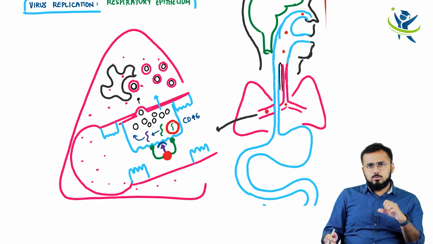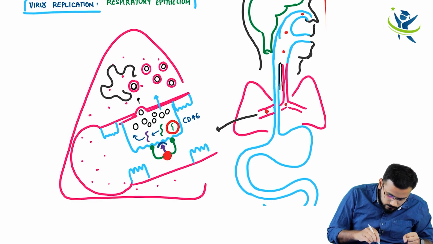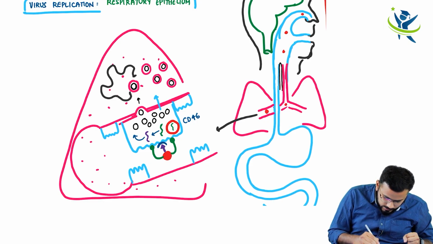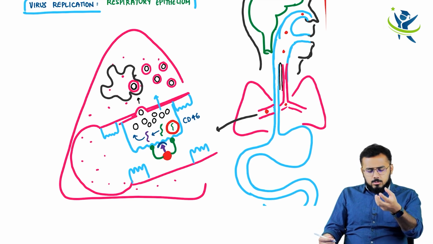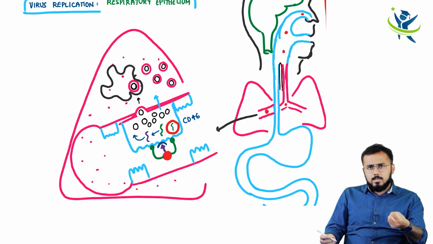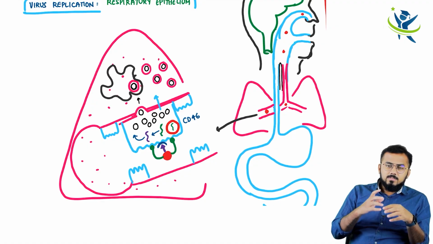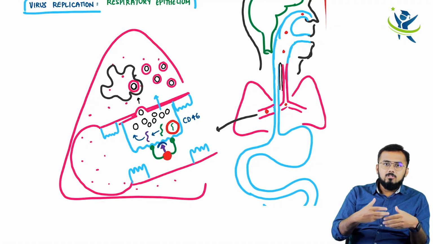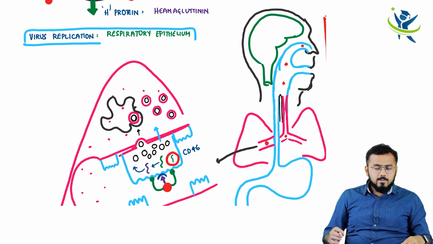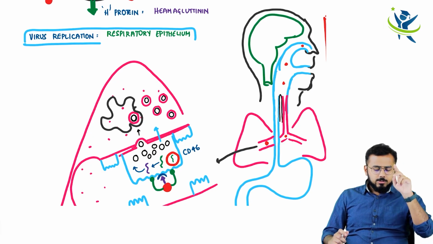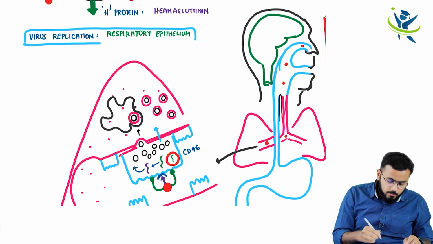What these alveolar macrophages do is take up that virus particle in this way. These alveolar macrophages are taking up that virus particle. Even the fibroblasts do the same thing. And you know, the virus particle is so intelligent that this measles virus even starts dividing within the alveolar macrophages and also within the fibroblast cells. So if I add a second point, virus replication is happening at two places. One is your respiratory epithelium and the other one is your alveolar macrophages and fibroblasts.